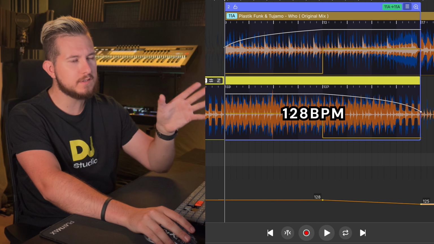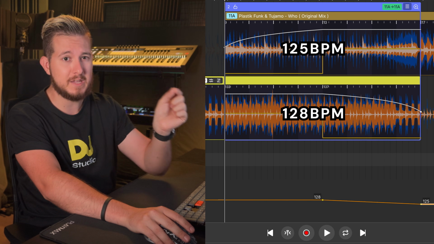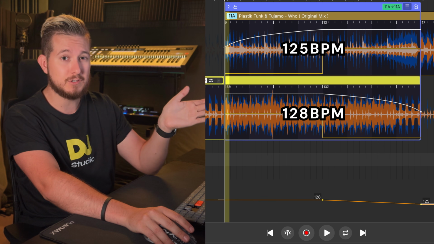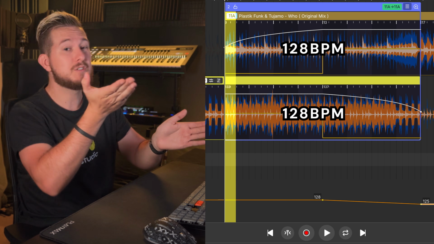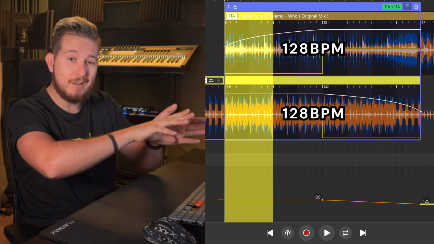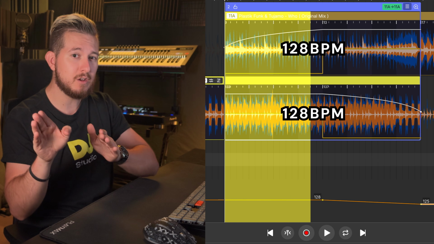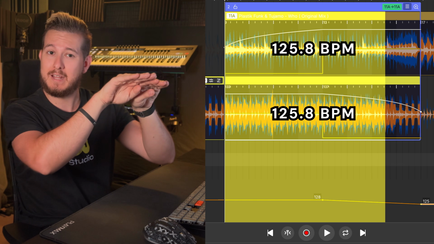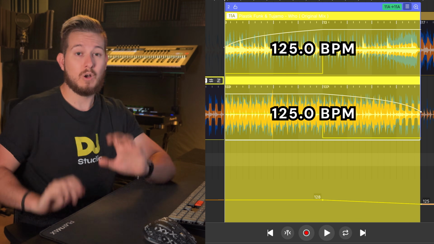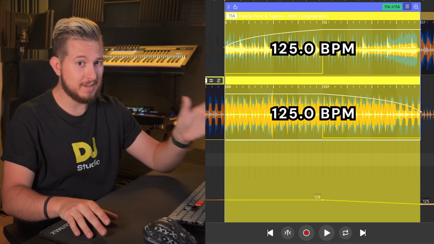Half uses half the duration of the transition to increase or decrease the tempo of the song that we're mixing out of and then into the song that we're mixing into. For instance, the next song in our mix is 125 beats per minute, and so at the beginning of the transition, the song that we're mixing into is temporarily sped up to 128 beats per minute. Then over the second half of the transition window, we decrease the tempo at which both songs are playing from 128 down to 125. Of course, that's not our only BPM transition option.